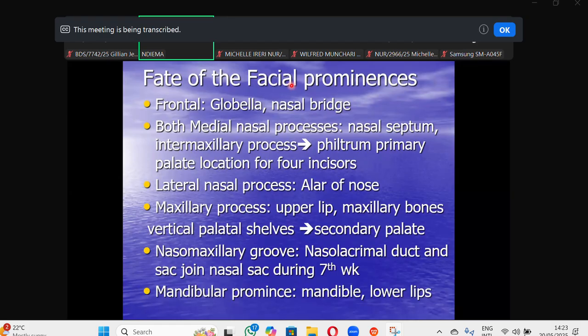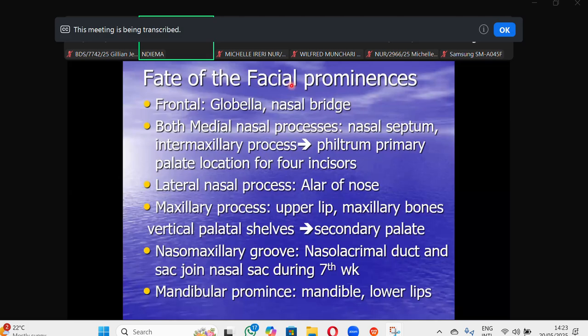The mandibular prominence usually develops into the mandible and the lower lip. The two of them fuse together at the mental process, forming the symphysis menti. So the two mandibles are completely separate but fused together at the symphysis menti. Apart from this, in order to allow the vertical palatal shelves and lowering of the tongue, we have the mandible